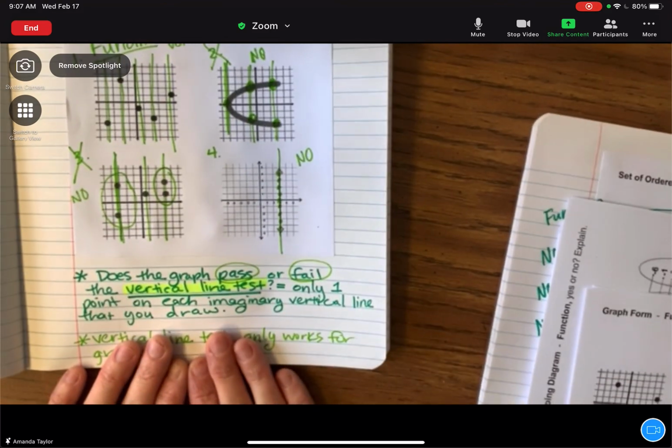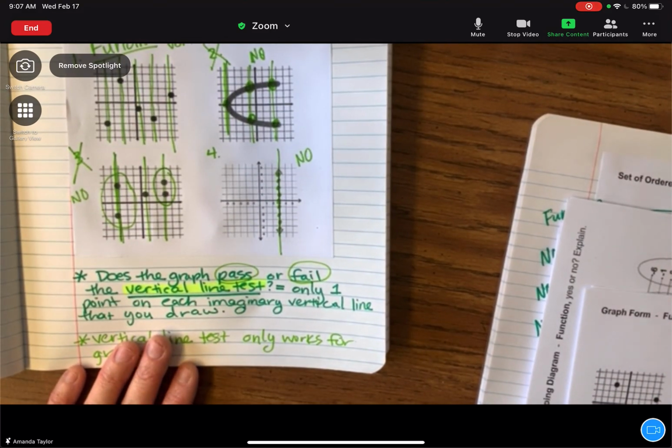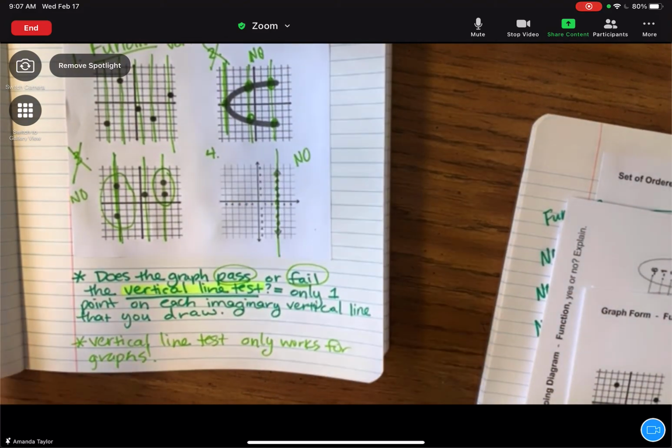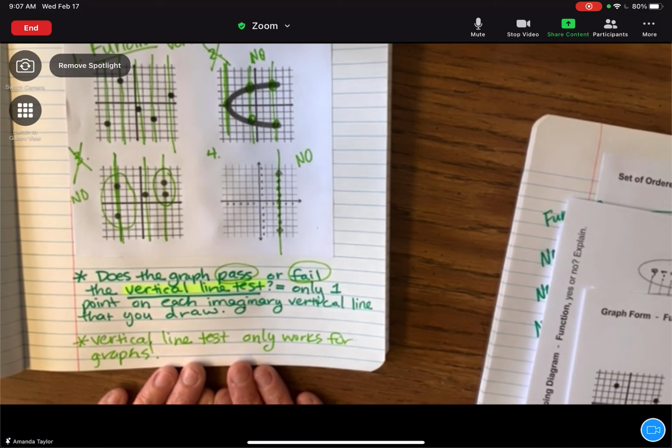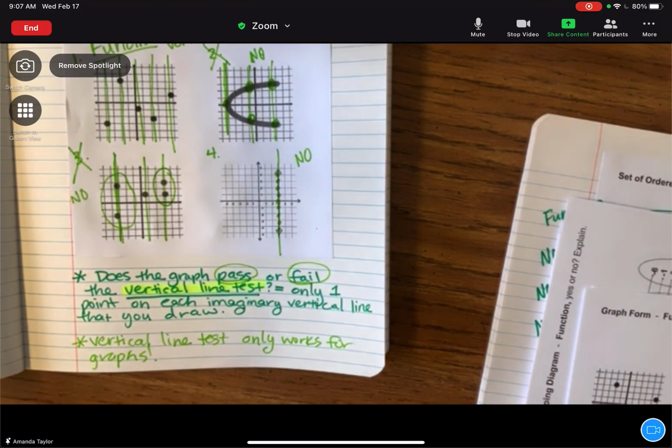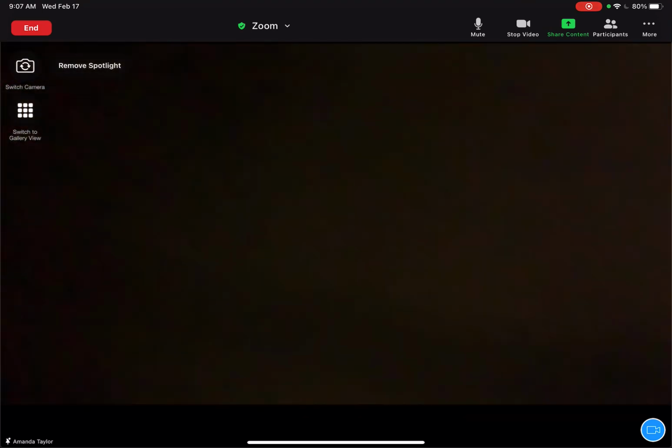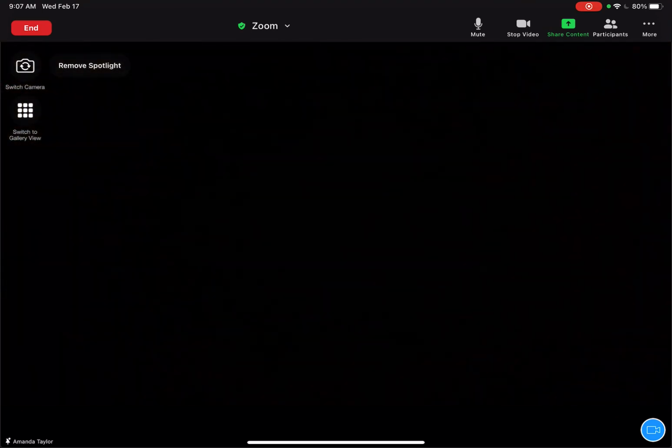That is the last page of the notes for 8.2 functions. We are going to practice this tomorrow and Friday. Okay? So I'm going to hit